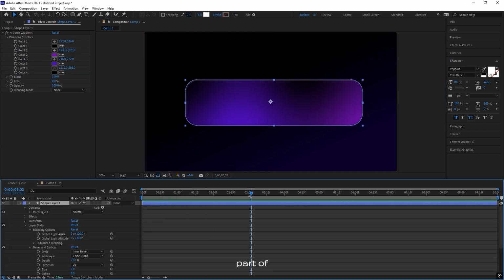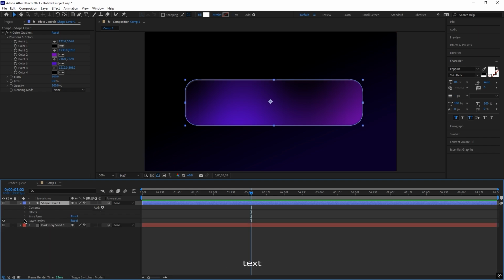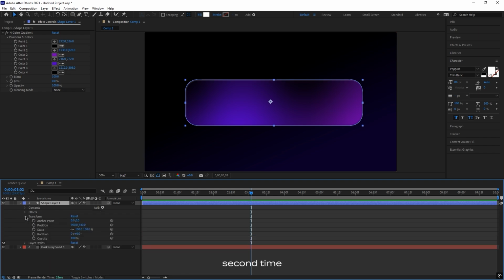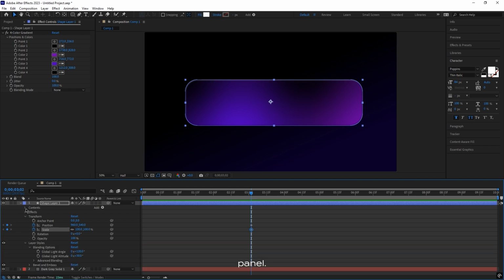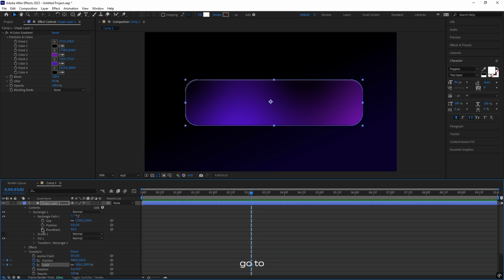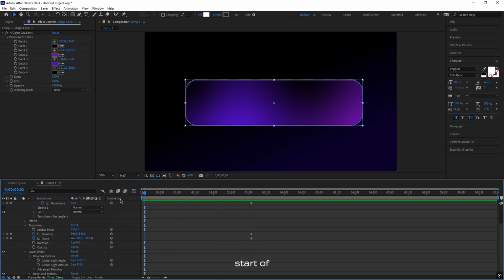Now it's the most important part of the video where we are going to animate our rectangle. To animate the UI text holder, first go to the 3-second time frame where we are going to create the keyframes for position and scale inside the transform panel. Inside the contents, go to Rectangle 1 and inside Rectangle 1 we are going to create the keyframes for size, position and roundness. After that, go to the start of the animation